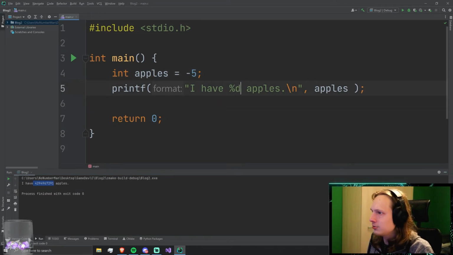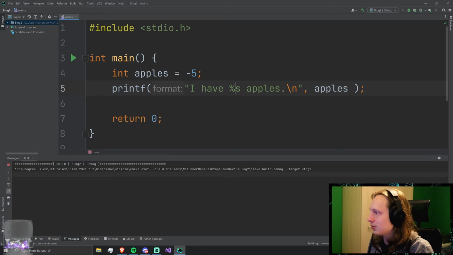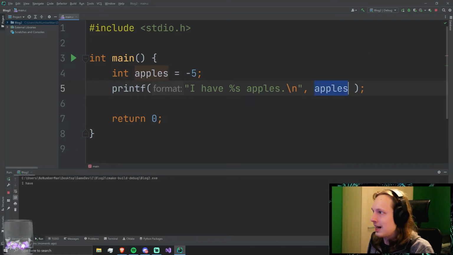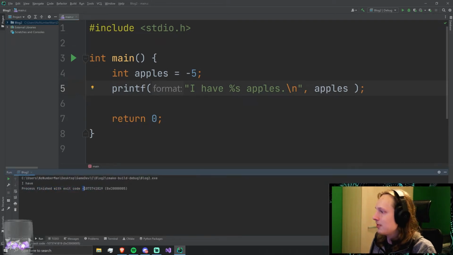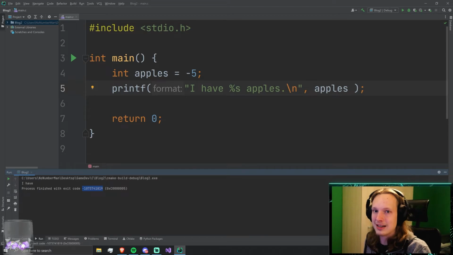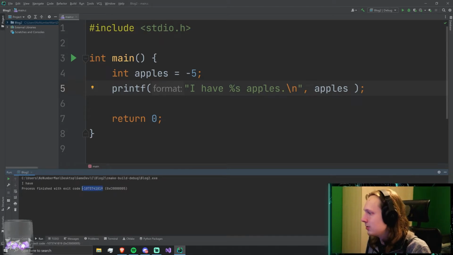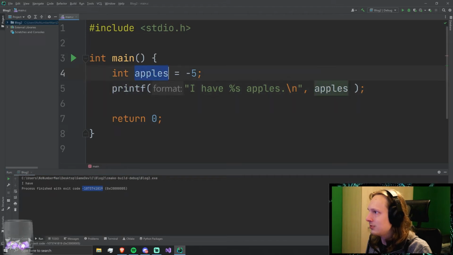We can also go for, not D, but for S, which is for string. Of course, if we put apples as an int as a string, it really doesn't do anything. We even get a process finished with a nonzero exit code, which means that we actually had an error. So we can look up this error code and we'll probably find that the printf really couldn't interpret this apples as a string.